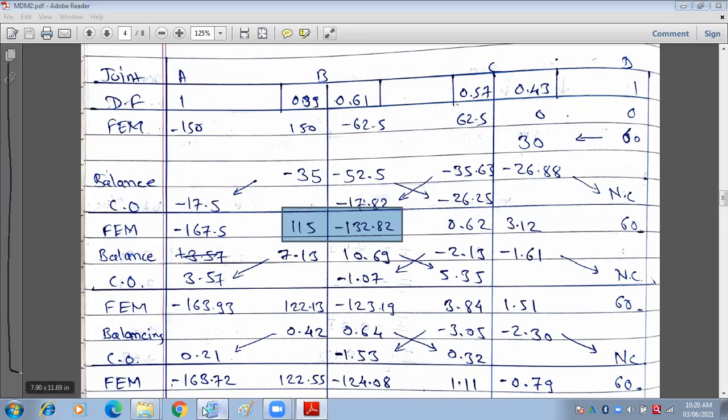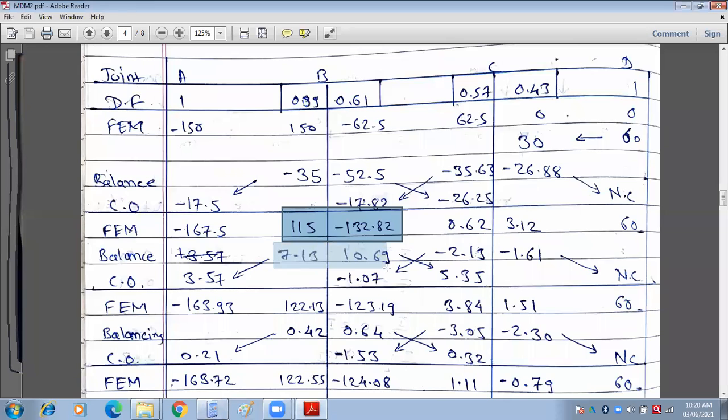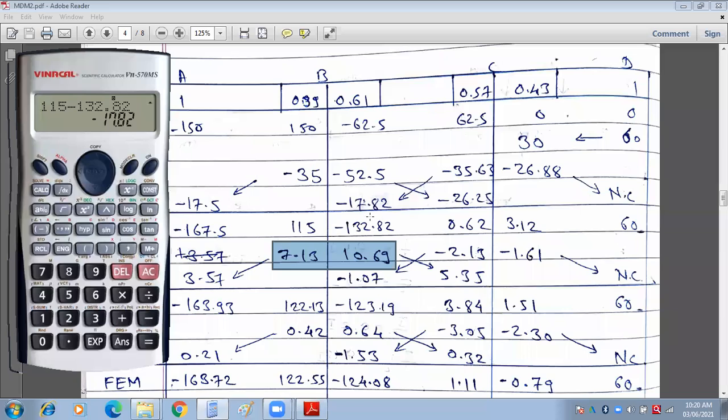Now the difference of these two, let us check it out. 115 minus 132.82. Value is minus. Now remember, if the value is minus, we have to consider the balance moment plus. I will write down over here. Value is how much? Minus 17.82. Now similarly, for the another end, this one